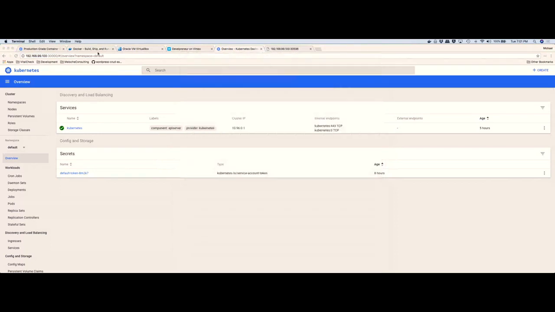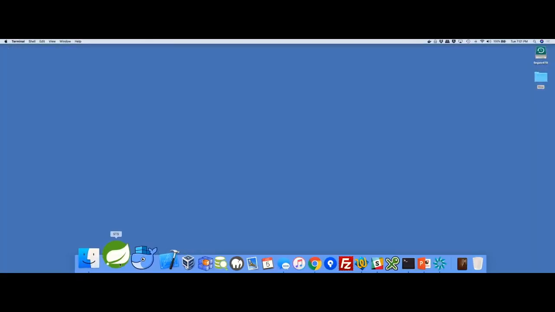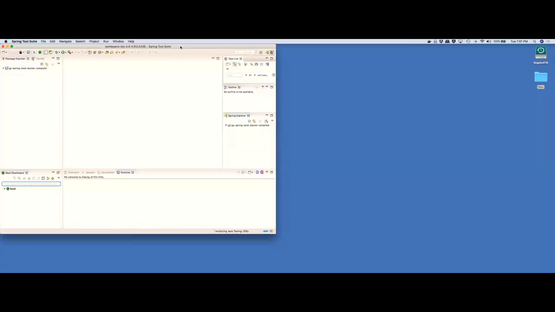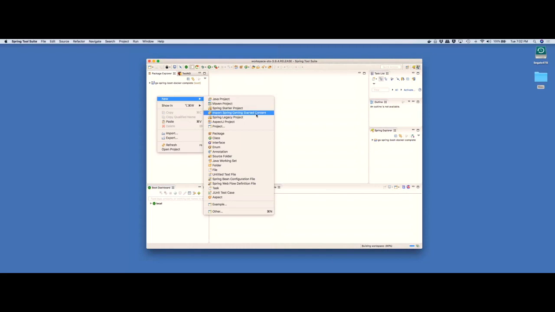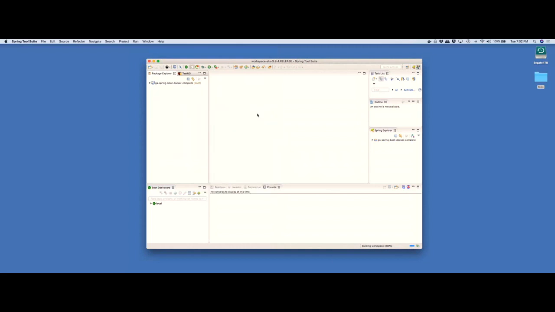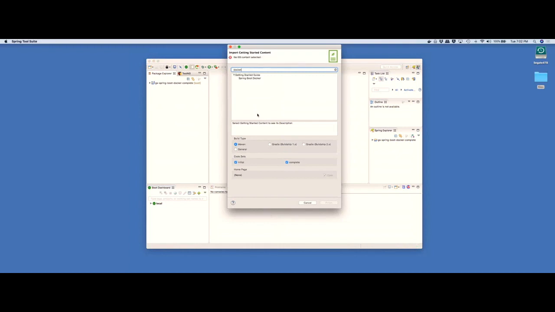So next, let's open up Spring STS. Okay, here we are, Spring STS. I have a little project here called gs-spring-boot-docker-complete. If you go through the tutorials and do a new import of Spring getting started content, they have a Docker guide here. If you do initial and complete, you can walk through the guide and start with the initial,